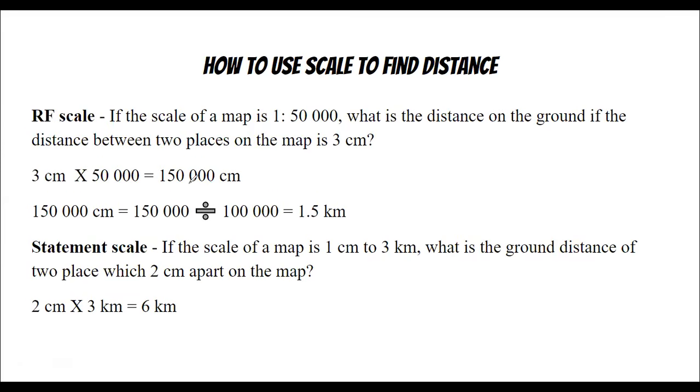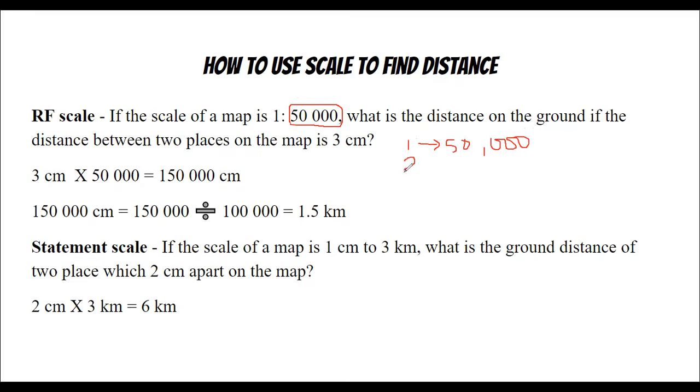So what we would simply do, remember, this part of the scale is the part that tells us the ground distance that is equivalent to the map distance. So what we're saying is if 1 unit on the map is equivalent to 50,000 of the very same unit on the actual ground,